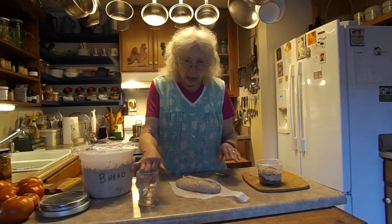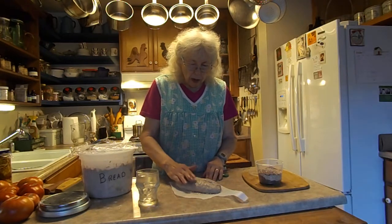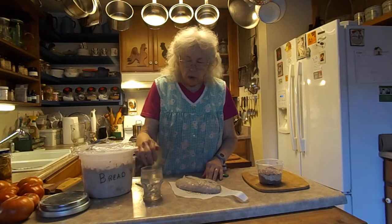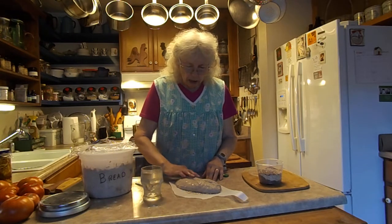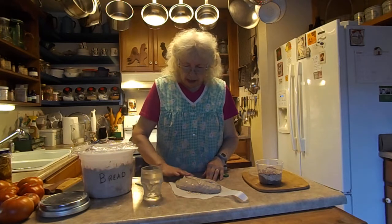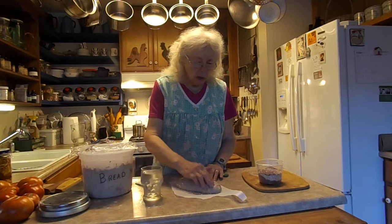Okay, I'm just going to slash it once. I'm going to put some water on it. The first time I did it with water and egg yolk, but it works fine with just water. I think it does a little bit better with the egg white. You can use egg yolk too, but...